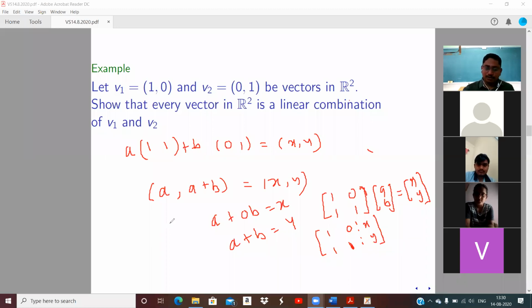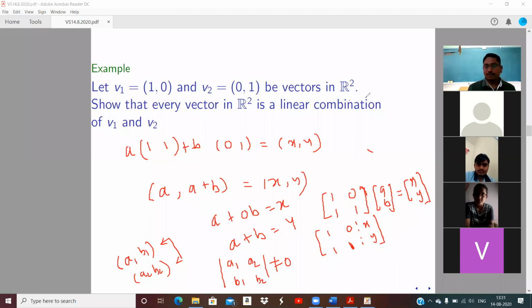If the determinant is 0, it means whatever point you write will not work. Suppose your first point is (a1, b1) and the second point is (a2, b2). You just write it in determinant form: the first point (a1, b1) as a column, and the second point (a2, b2). If this determinant is non-zero, then for these 2 points we can say every vector in R2 is a linear combination of these 2 points, otherwise not.